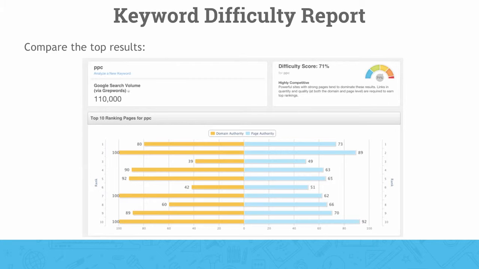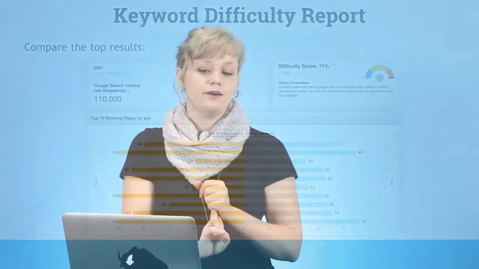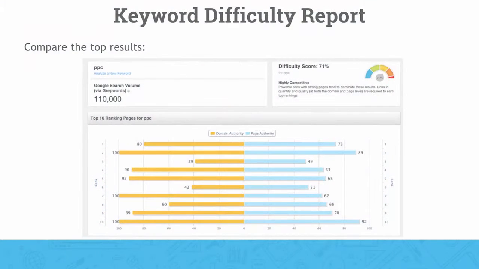What this does is, when you have keywords that you know you want to go for, so pet costumes or pet flannel, I'm going to put those into the keyword difficulty report. And I'm going to get a search volume estimate, which is really nice, a Google search volume estimate to see how many people are really searching for this. And then I get a score, so how difficult it might be for me to go ahead and rank for that particular keyword. So my score would be from 1 to 100, and in this example I have a 71, so it's kind of a higher